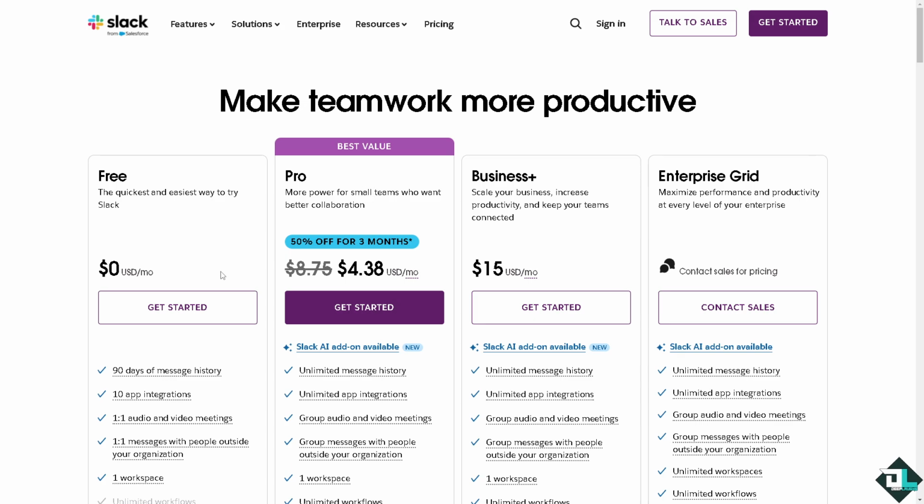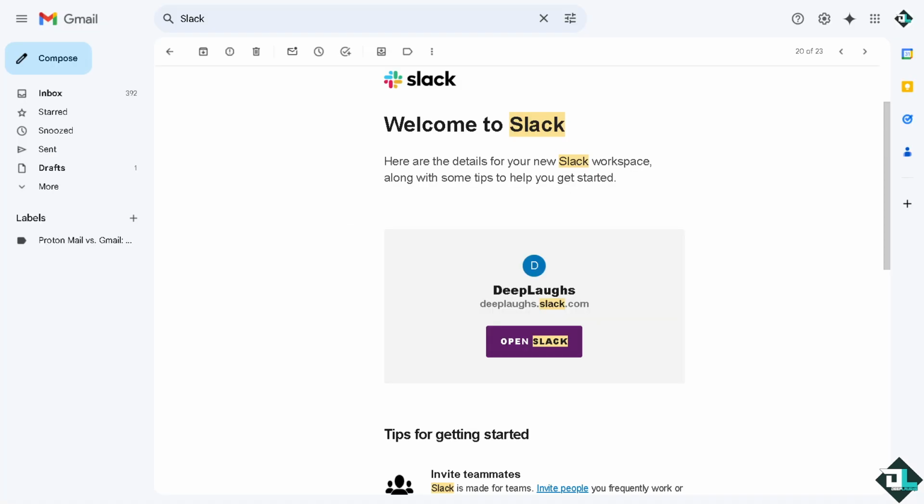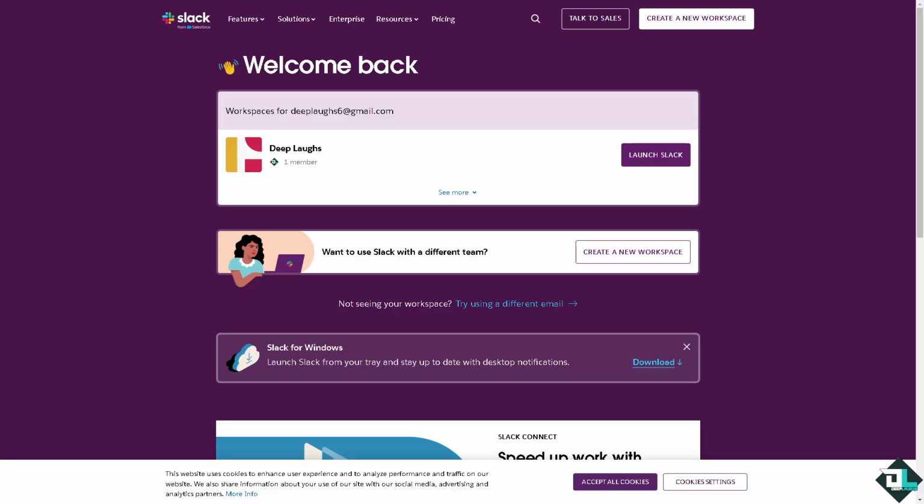All right, so from here, all I have to do is click the Get Started button. All I have to do is provide your business or personal email to begin with, or you can continue with your Google or Apple. And then you should receive a welcome email from Slack that you have successfully created your account. And from there, all I have to do is click this button right here, and you would be forwarded to the dashboard. Now, essentially here,